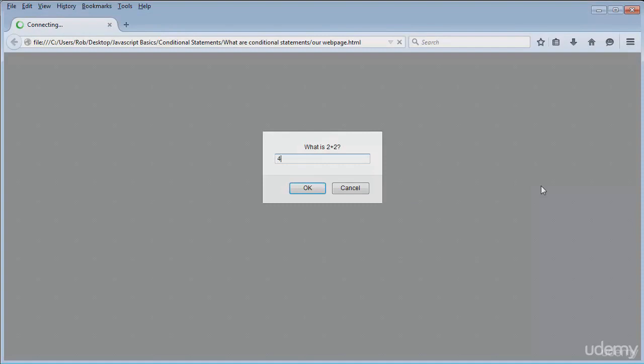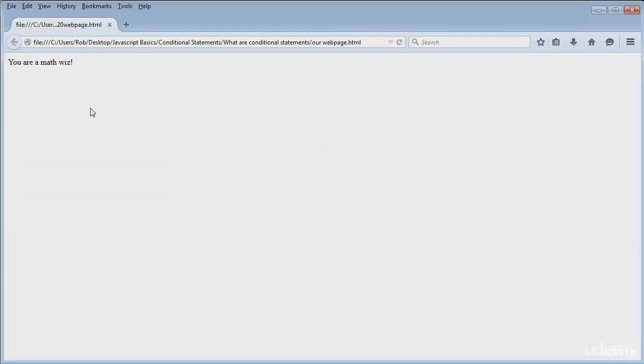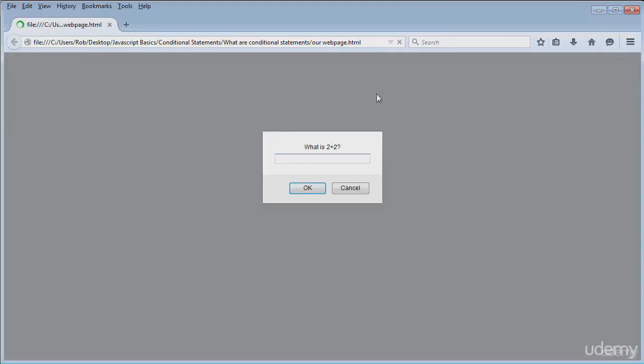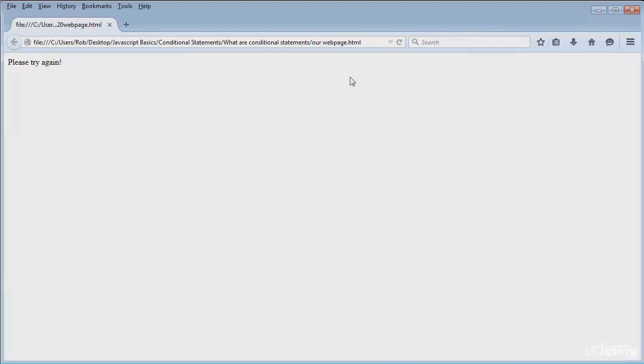So let's type in the correct answer first and see what happens. Alright, so we got the answer correct. Cool. Now let's rerun the program and put the wrong answer in. You can see here that the other condition is run and the user is let known that they didn't get it right. So this is essentially the power of conditional statements. Pretty cool. We can create different outcomes for our programs and different conditions that will run depending on whether our condition